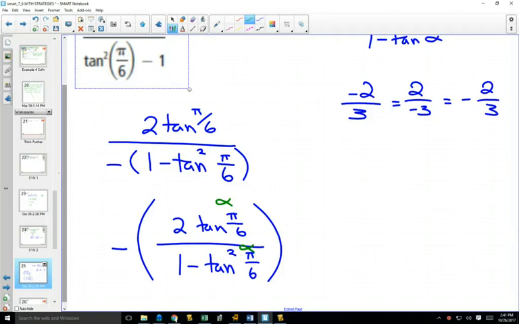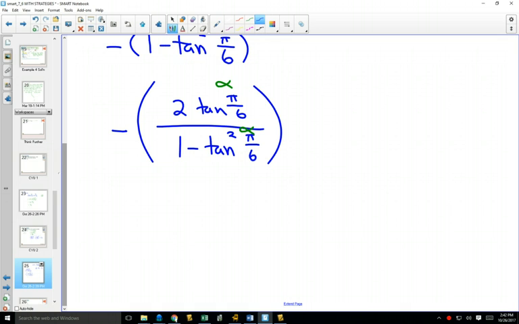Again, the value that is used here with pi over 6, if you were asked to evaluate, you could plug it in right away. It's not going to be the nicest with root 3 over 3 in all those places. You'd have to simplify that fraction, but it could be done. If I use the formula, now that I have this, I can say this is equal to negative tan of 2 times alpha, which is